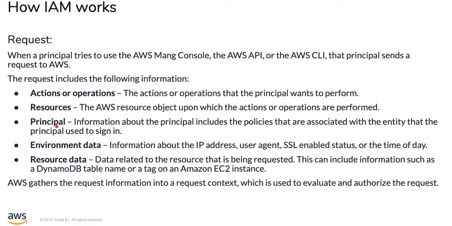It would have more information about the principal itself, the environment data, and the resource data, what kind of resource it is trying to talk to. All this information is part of each request that is sent for any communication